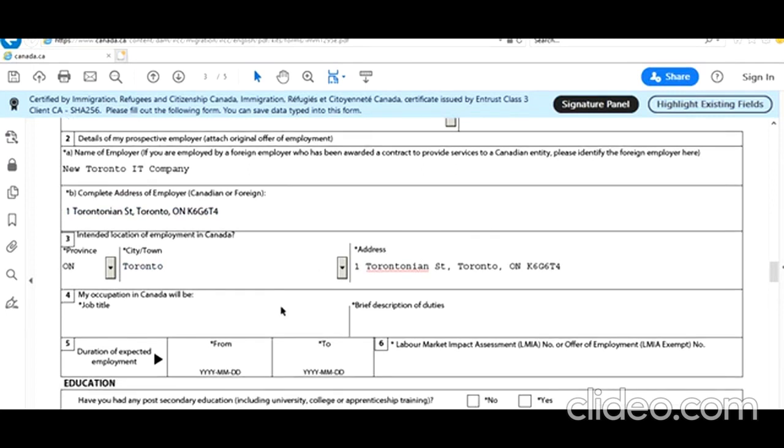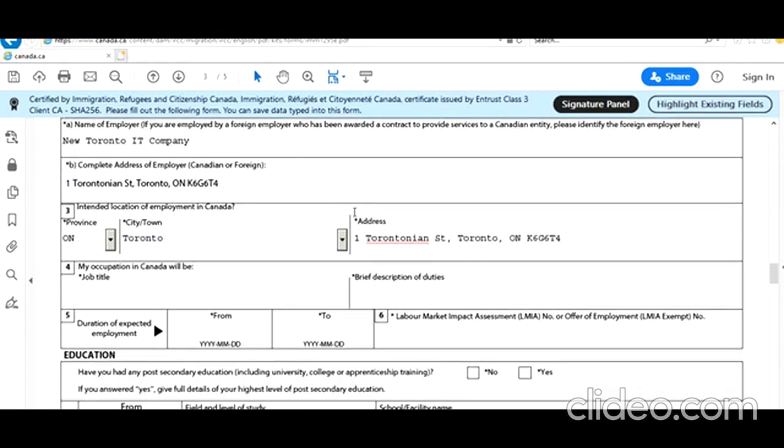Oh, I could. But it's not mandatory that you'll be working at the same place. This is in this case. The job title would be, let's say, system analyst programmer. Basic description of duties: write down as per your case. I'm just doing this to fill the form.